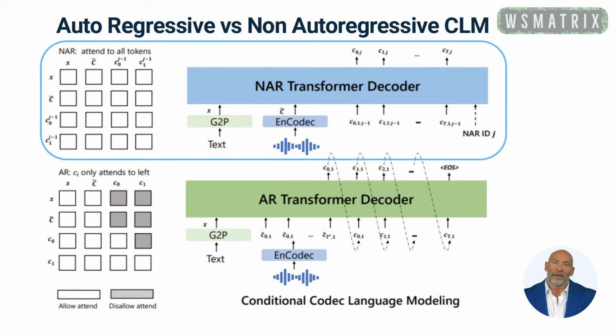During inference, given the phoneme sequence for synthesis and the acoustic prompt from the enrolled recording, the model generates tokens from the second to the last quantizers. This is achieved by conditioning the model on the phoneme sequence, the predicted tokens from the first quantizer, and the acoustic prompt.